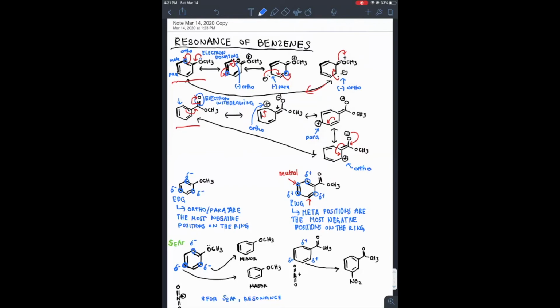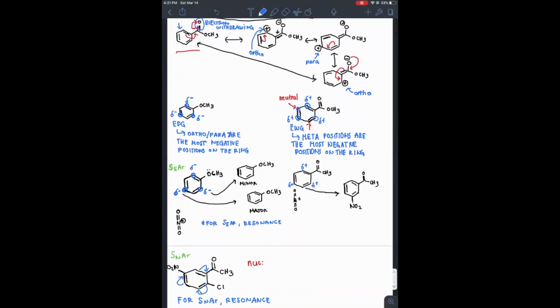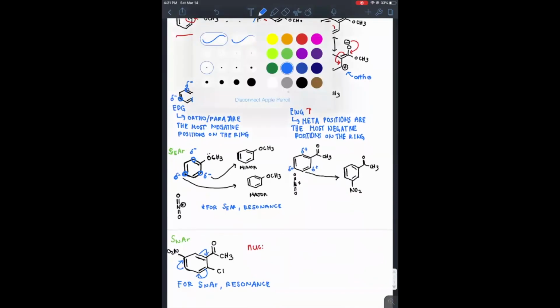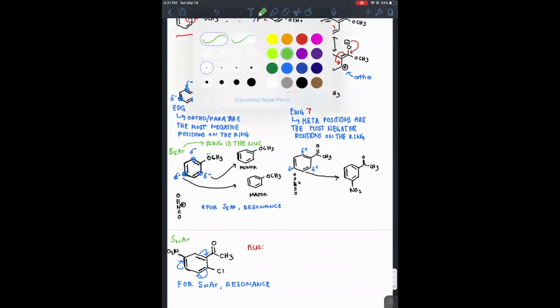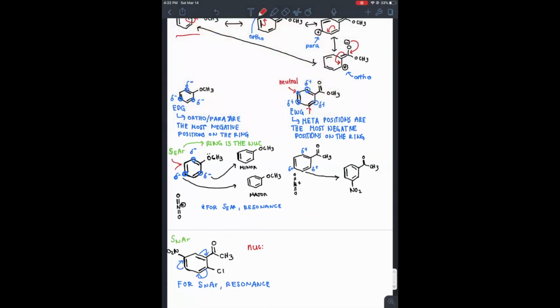And so when we try to apply that to electrophilic aromatic substitution, remember that in SEAr, the ring is the nucleophile. And if the ring is the nucleophile, we want the ring to be the most negative, because remember that good nucleophiles have negative charge, or partial negative charge at the least. So when we look at this ring right here, we have an electron donating group, an EDG, and therefore the ortho position and the para position are considered the most negative sites